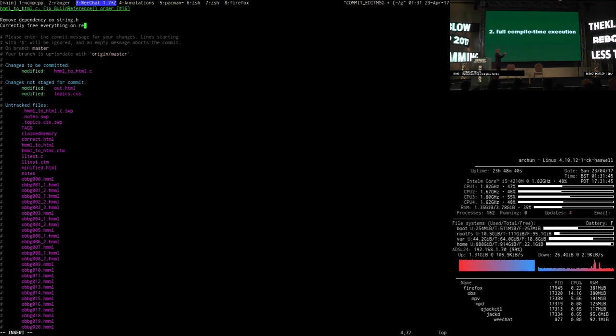Then the main thing I'm going to talk about, like I said, I wanted to focus on one specific feature. And I'm going to talk about compile time execution, because it does so much in so many different places in this programming language. There are many other features that I could get rid of, and I would still sort of feel like it's the same language. If I got rid of this, it wouldn't be the same programming language anymore. What I mean by full here is